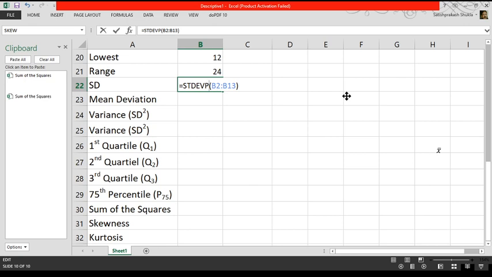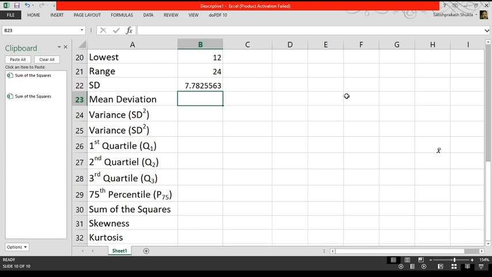Then we write the data range in bracket and press enter key. But here the number of observations is 12, that is less than 30, so we will use this function only, and here we get the value of ST, that is shown on the screen.